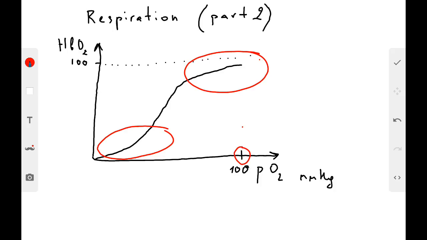So what happens in tissues? In tissues, the partial pressure or the tension of oxygen is reduced. Why? Because tissues, they consume oxygen. So what happens in that case? The saturation decreases. Oxygen is released from oxyhemoglobin, and oxygen is utilized by the cells. So and hemoglobin is used again